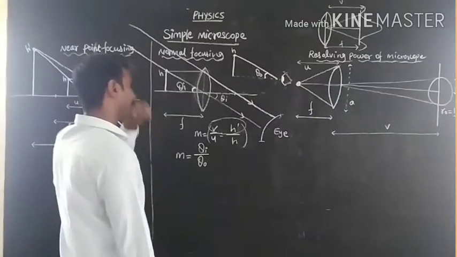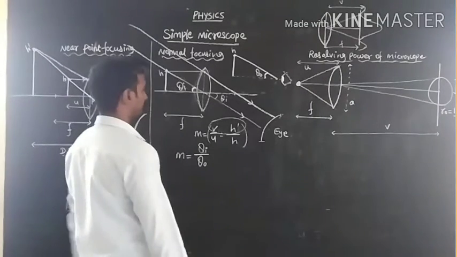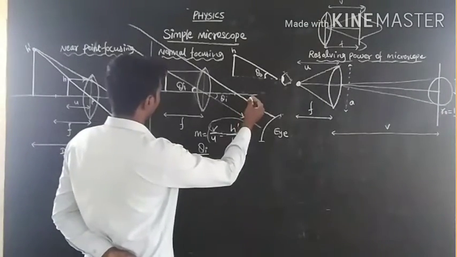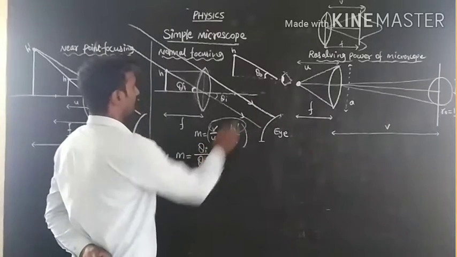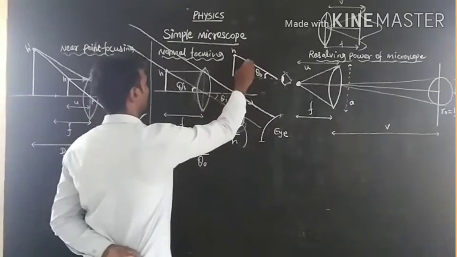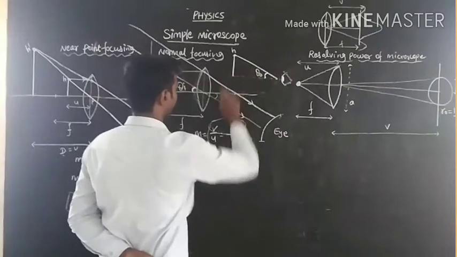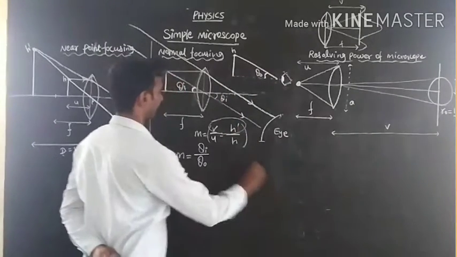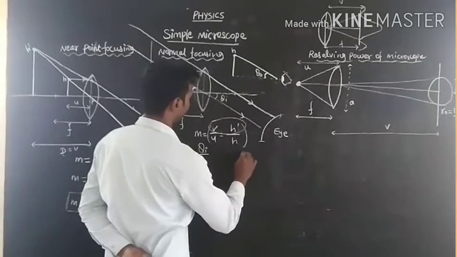Now come to the diagram. Now I am going to measure theta I and theta 0 from these two diagrams. So first we come to the pointer. From this diagram, I am going to find out tan theta